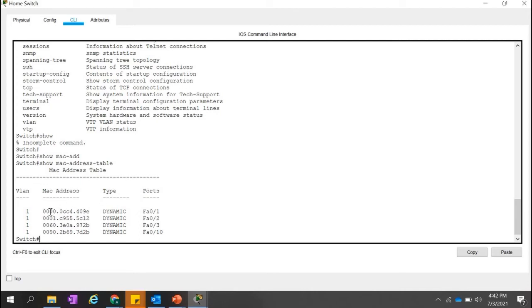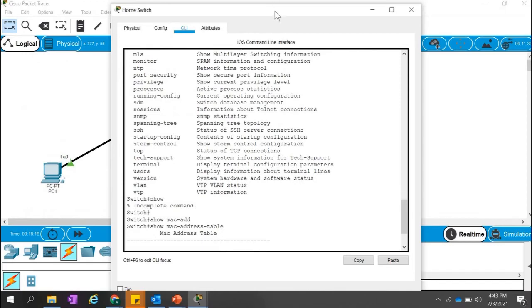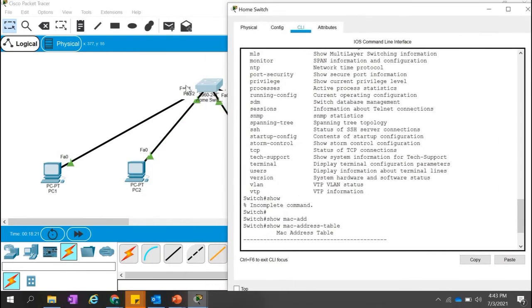The first one that is learned is 0cc4.409E. The type is dynamic, and it has been learned from port FA0/1. FA0/1 is connected to the first computer, right?